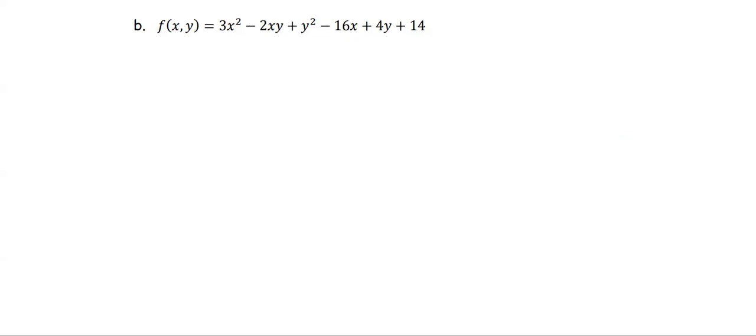We are going to find all local maxima, local minima, and saddle points for this given function f of x, y equals 3x squared minus 2xy plus y squared minus 16x plus 4y plus 14. And we are going to use the D-test. First, find the critical point